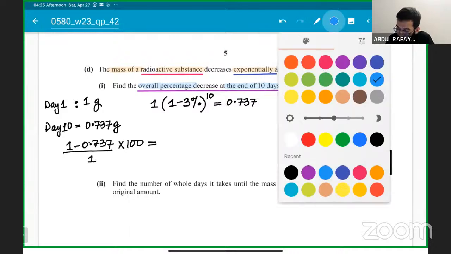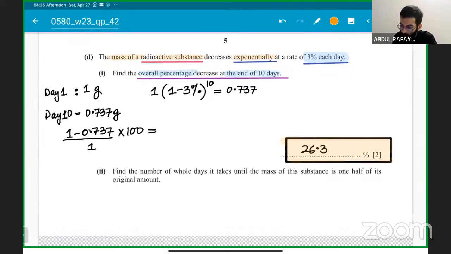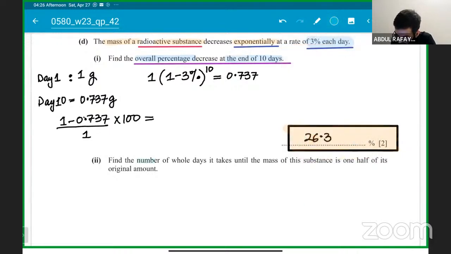डायरेक्टली भी कर सकते हैं, कुछ स्टूडेंट्स डायरेक्टली भी कर सकते हैं अगर शार्प स्किल्स हैं। या मेक श्योर करें कि एग्जाम में एग्जाम्पल लेके भी कर सकते हैं। लेकिन एग्जाम्पल क्योंकि आप ले रहे हैं, तो मेक श्योर कि वो एग्जाम्पल करेक्ट भी और वैलिड भी, और आपने उसको प्रॉपरली अंडरस्टैंड किया हो। फिर सिमिलरली फाइंड द नंबर ऑफ होल डेज it will take until